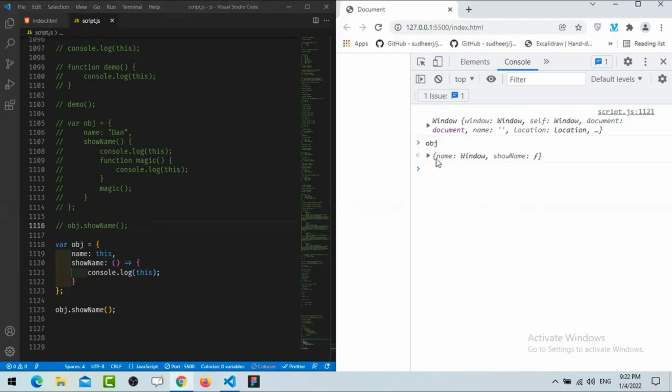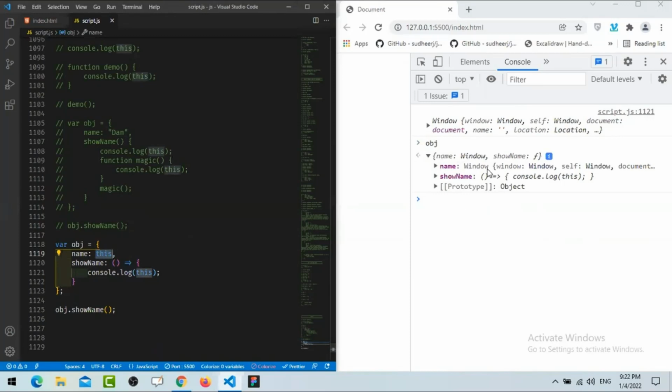In the obj object you can see in the name property I was just calling this, and it is pointing to window, so that's why it is printing window. It goes one level up, and in this object it checks where this will point. Here it is pointing to the object window,